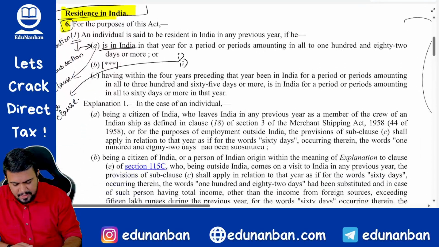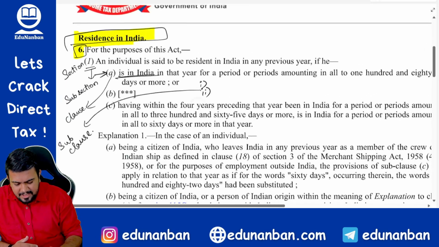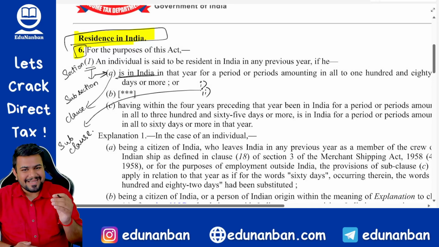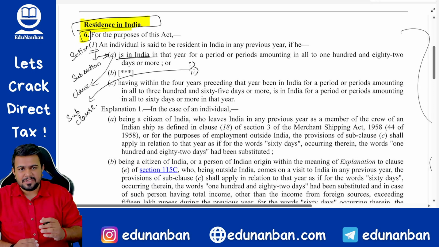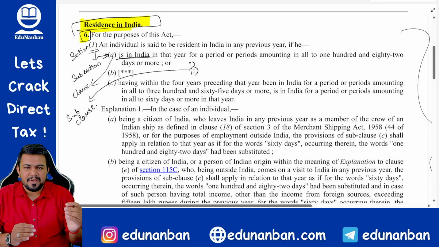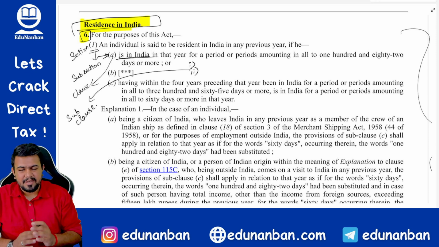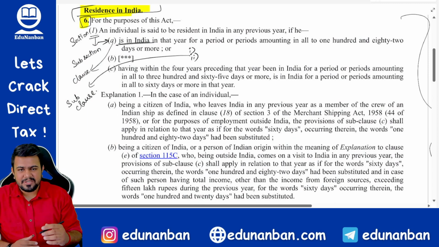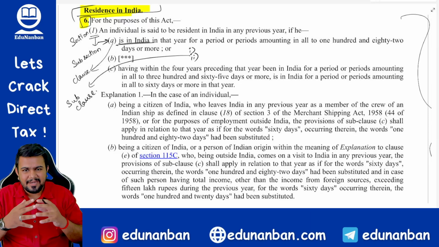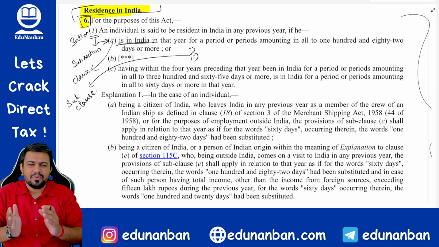So this is how a section might contain different parts. Okay. So what is this section? Obviously we are going to learn it in the residential status chapter, but in brief, this section contains the rules and regulations to determine which people will be considered as resident in India and who will not be considered as resident in India. So resident or non-resident, how to decide, it is given in this section. There are different conditions given in this section. All of these conditions combined we have to read and derive a meaning, so that we can understand who is a resident and who is not a resident.